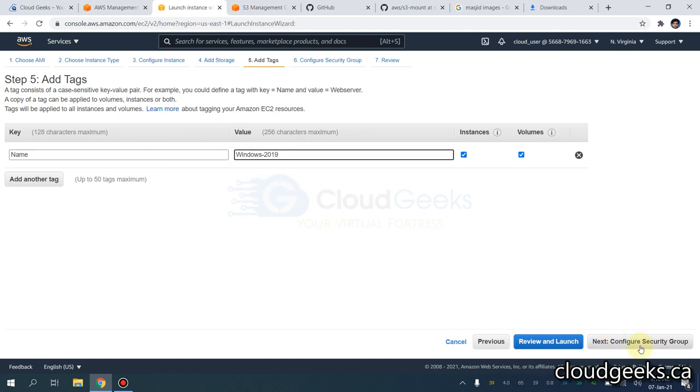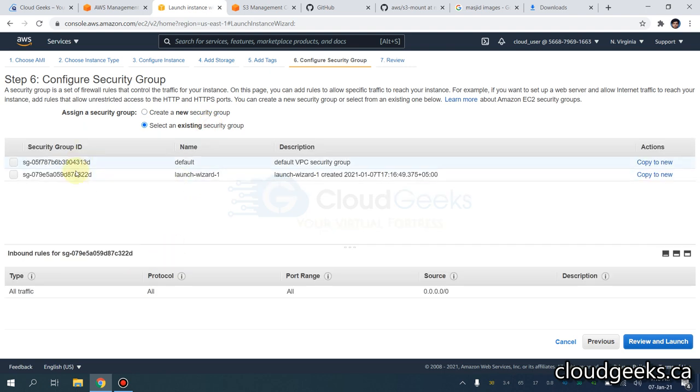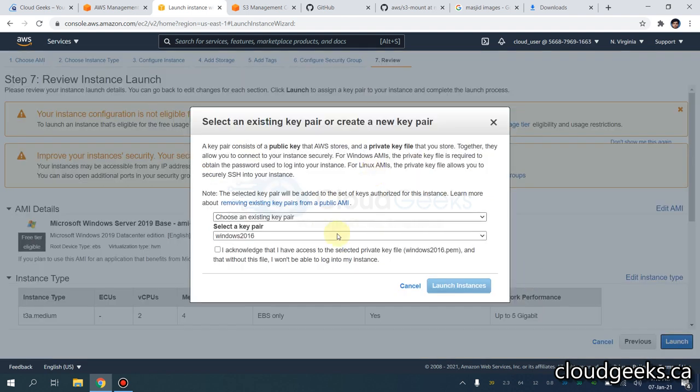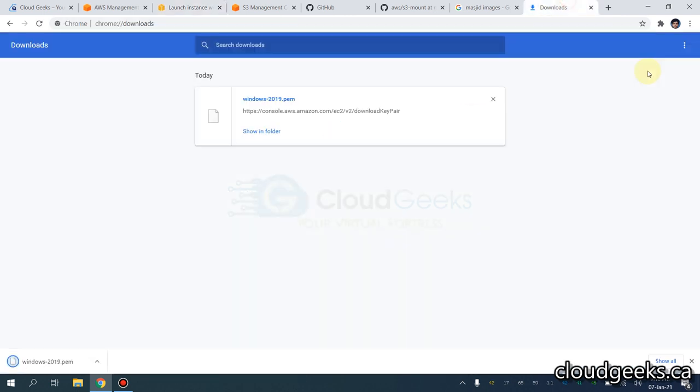Okay, so the existing one here is fine. But the key, I actually lost it, so I'm going to call this Windows 2019. I'm going to download this and launch it. So guys,